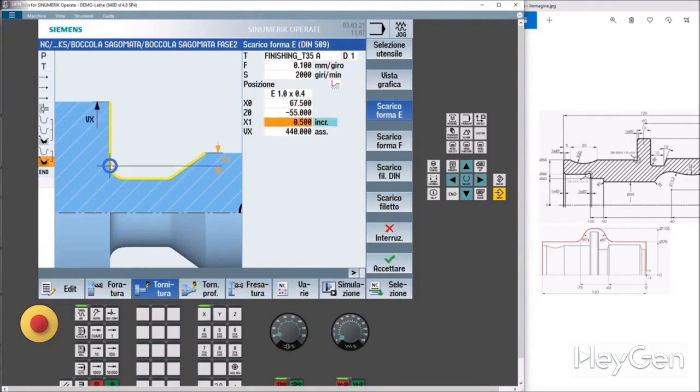Perfect. The X is this depth that we will have here, which is 0.5. And for Vx, we set it to 69. If you want to clear out this whole area, you can also set it to 105. We accept.